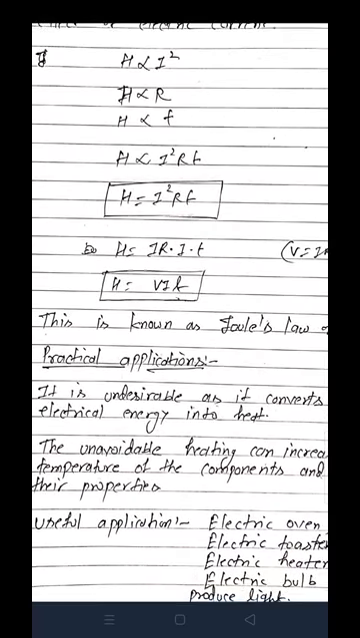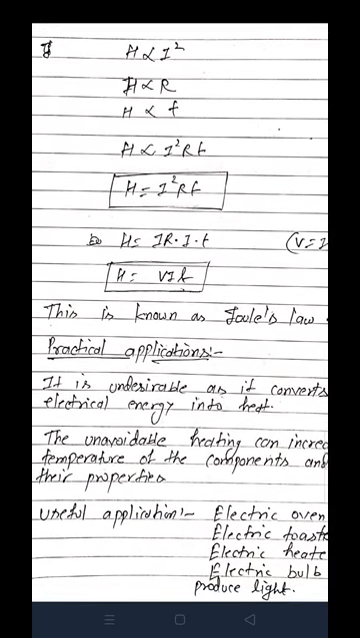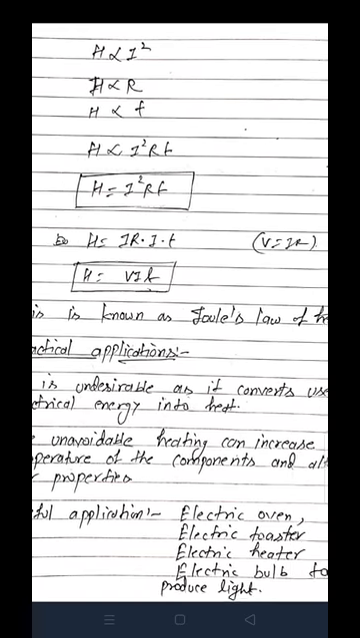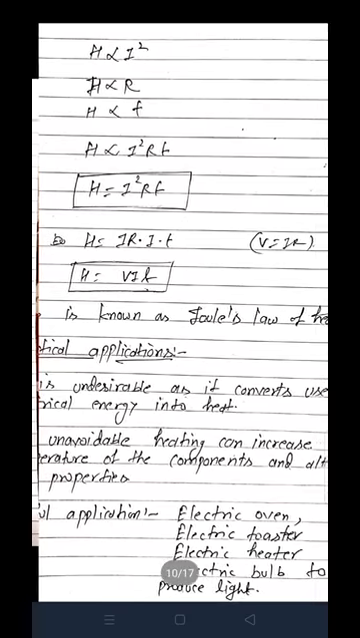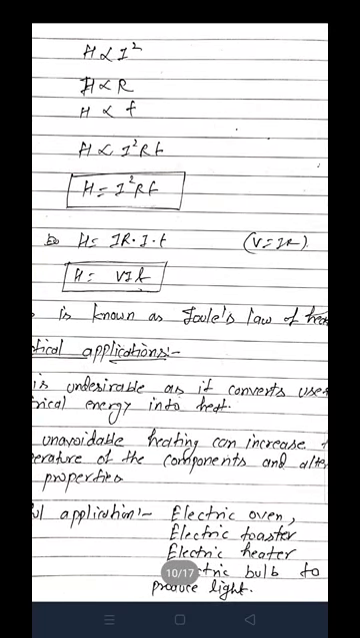What is the practical application? It has both undesirable and desirable effects. It is undesirable as it converts useful electrical energy into heat energy. Sometimes after a long run, when you touch your fan, ceiling fan or any fan, you will feel that it gets warm, because that electrical energy is getting converted into heat energy, because of the heating effect of electric current. So it is a demerit for us, because our useful energy, which is electrical energy, is getting converted into heat energy, which is not useful for us. Okay,